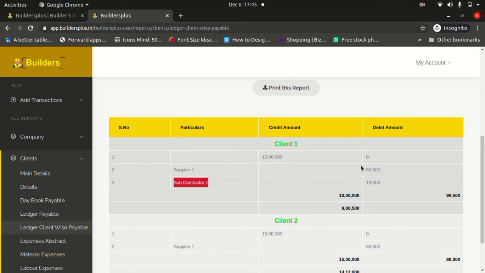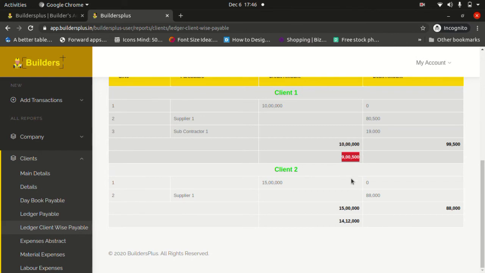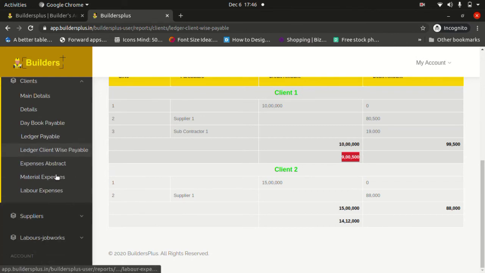How much credit amount did they make? 80,500, and 19,000 for the subcontractor, totally 99,500, right? So 10 lakhs is the credit; 10 lakhs minus 99,500 is 9 lakhs 500. Okay, you can refer to this report.